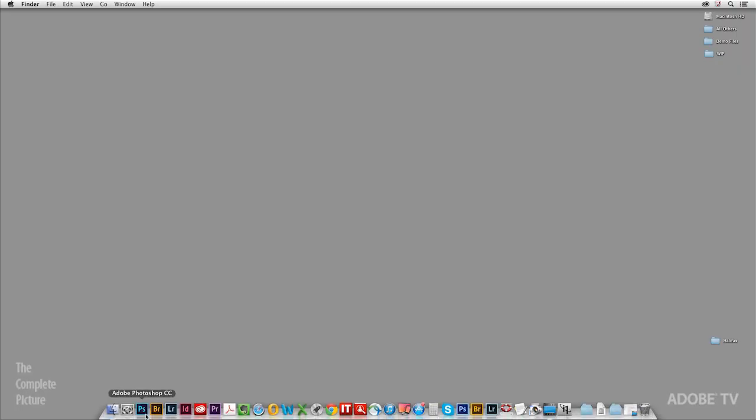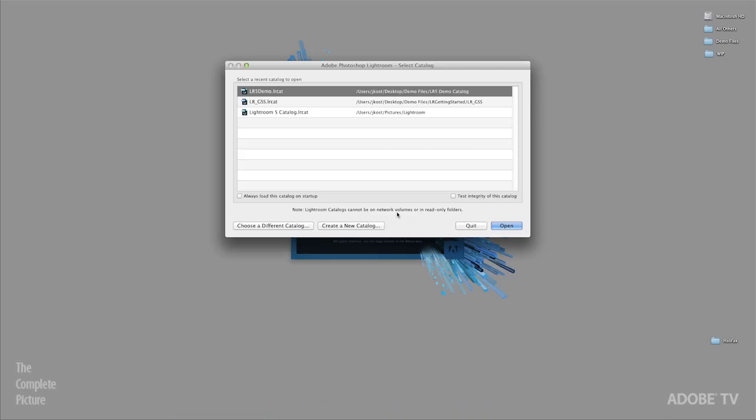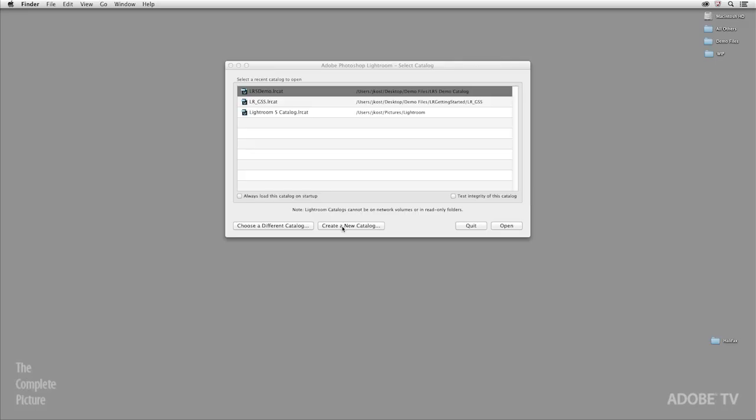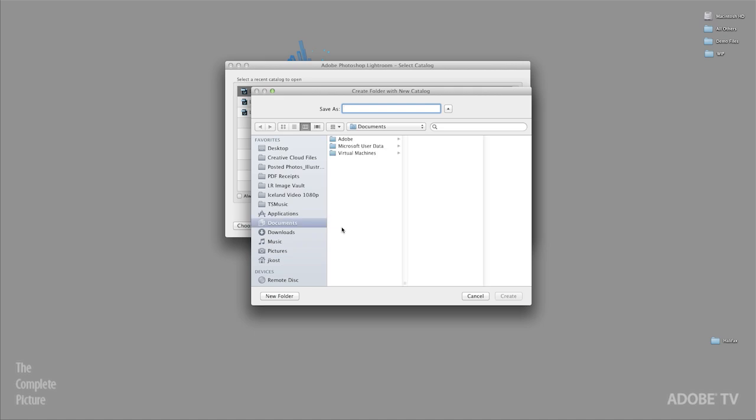Well, we can launch Lightroom. If you want to, you can hold down the Option key when you launch it, or the Alt key on Windows, and what that does is it brings up this dialog box instead. So instead of just launching a new catalog or launching the last catalog that you had open in Lightroom, this will allow us to create a new catalog. And that's exactly what I want on this machine that I'm going to take into the field, a new catalog. So I'll click Create Catalog, and now I'm going to navigate to the desktop,